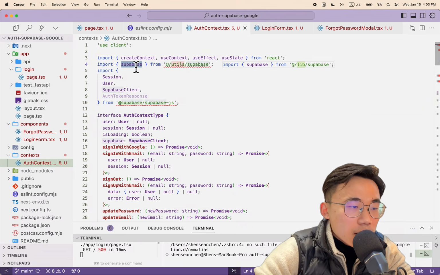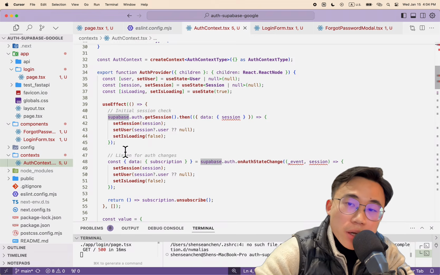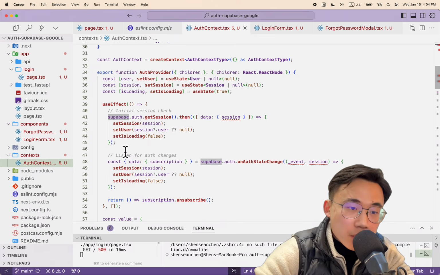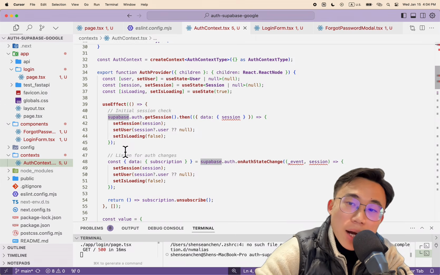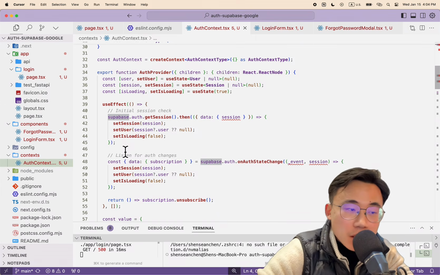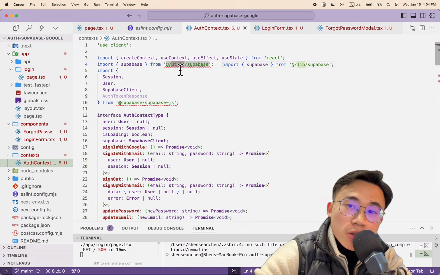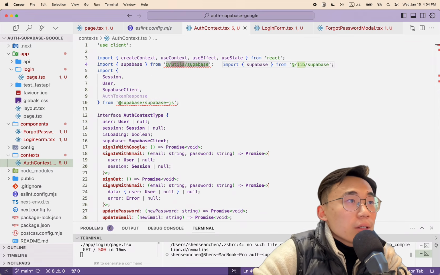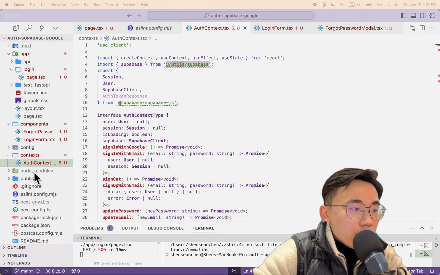This Supabase is a client that allows us, as a user, to query from a database about the user information, right? That's why it's important. We need to create this client to enable our app to talk to your database. That's the whole purpose of it, right? So let's just do it. We need the utils of Supabase, and the place, as we mentioned, is down here,